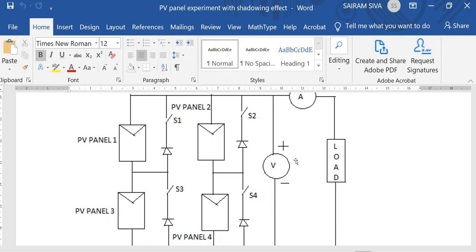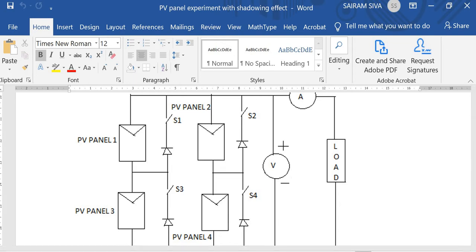So this experiment analyzes the PV panel with the shadowing effect and how the bypass diode helps recover the maximum power from the PV panel during partial shading, right?